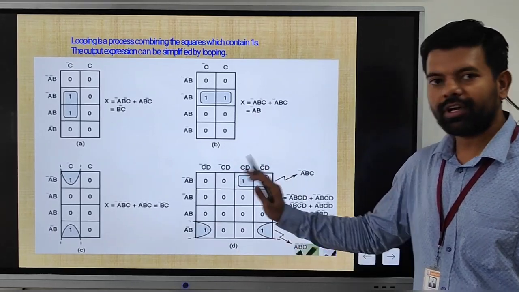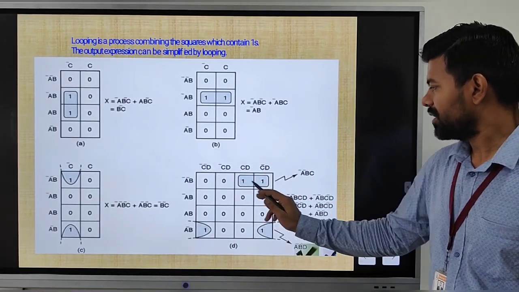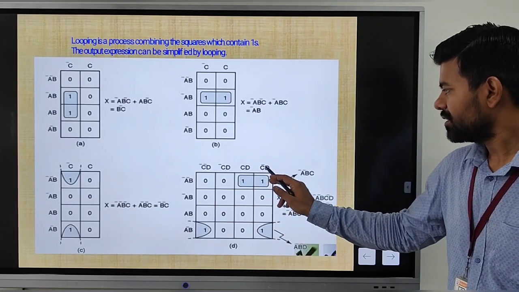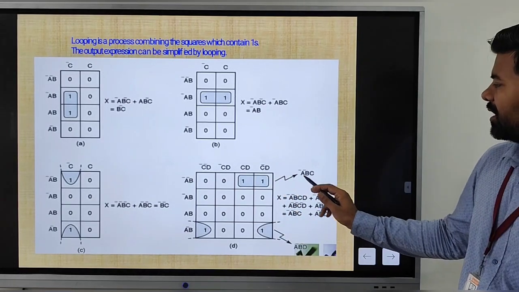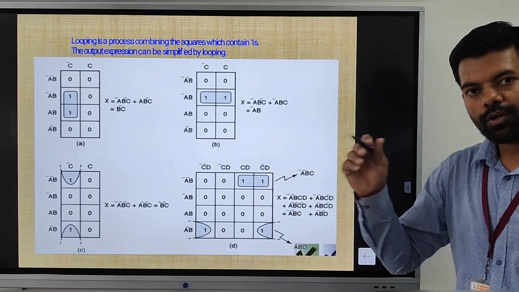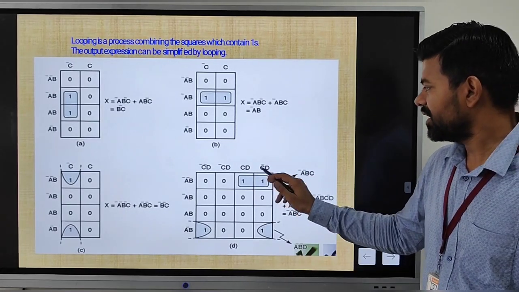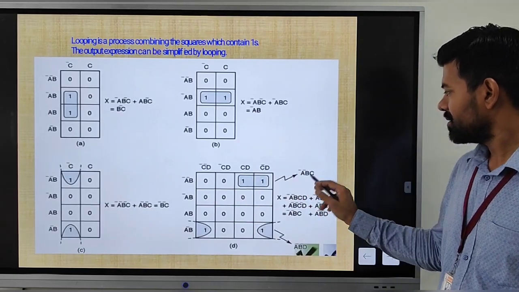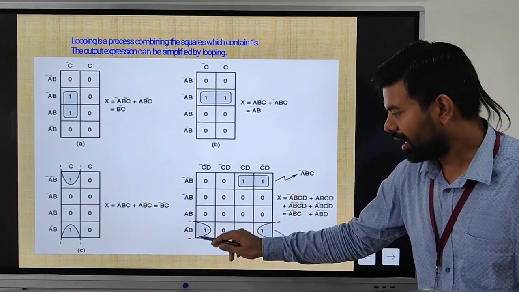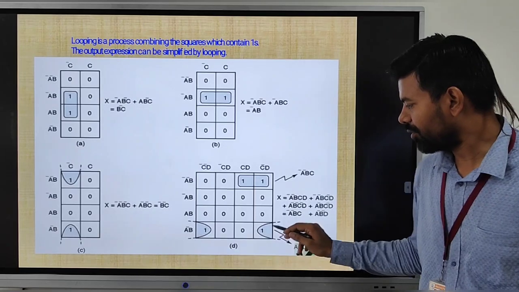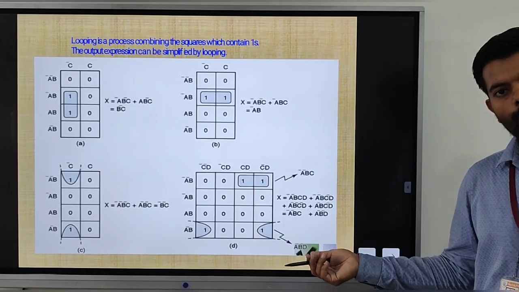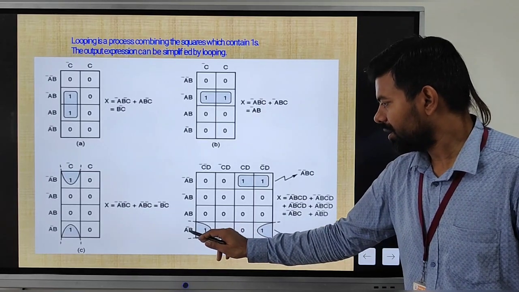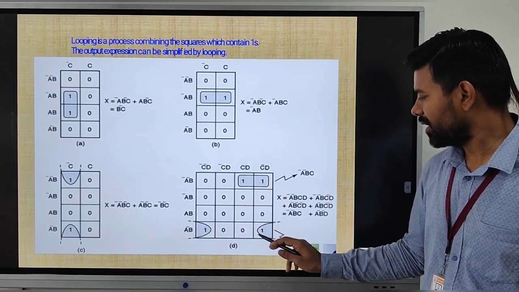In this 4 variable K-map, see, this is the loop in which we have A bar, B bar, C, D, C bar, D. So which variable is changing from complemented to uncomplemented form? It is the D variable. So what we write is A bar, B and C. Okay. In the last, this is how we can loop also the corners, the lower corners. So A, B bar, C bar, D bar.